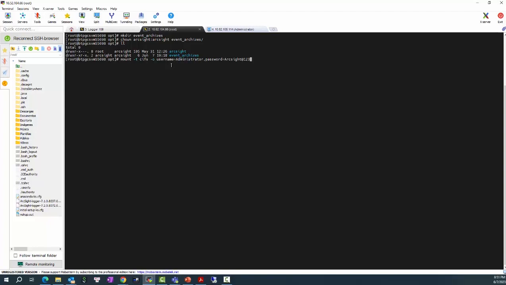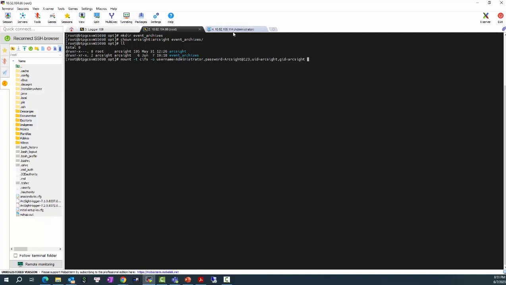It is important information here that you need to set the uid to arcsight and the gid to arcsight. If you forget these two parameters, then the Logger will not be able to read or write into the Windows server folder, and it will show the archive fails in the Logger web UI whenever you try to archive events. Next, I will need to define the path